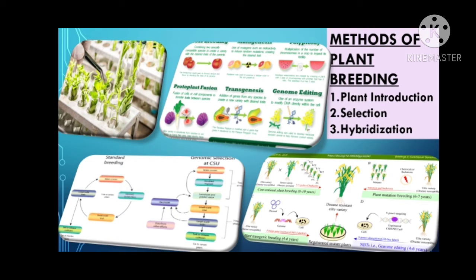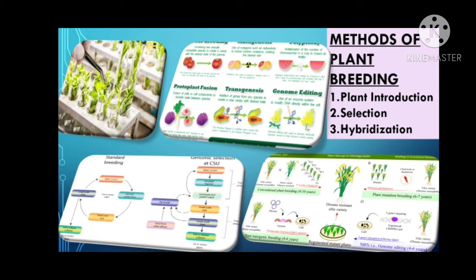Now, all the introductions are carefully examined for the presence of harmful materials like weeds, insects, plant pests and other disease-causing organisms. This process is termed as quarantine. Quarantine is the prohibition of entry of plants or plant material in the country having infectious disease. Now, there are basically two types of plant introduction: primary introduction and secondary introduction.